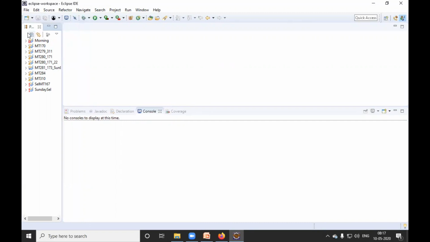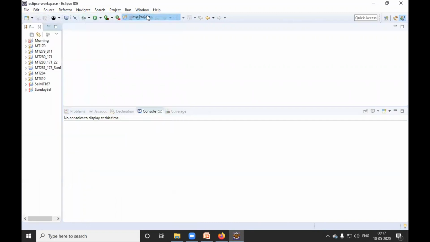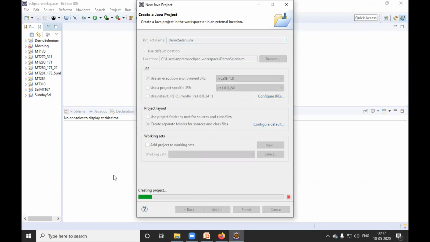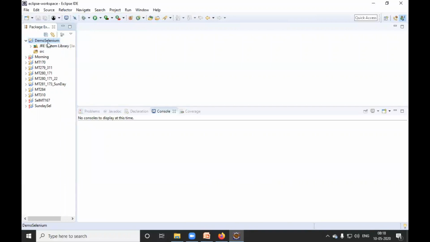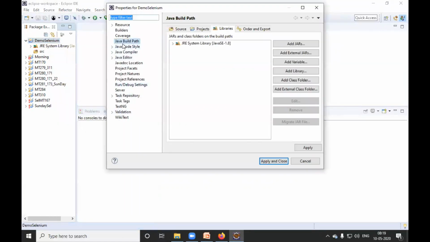Now I will click on New and Java project, name it demo Selenium, and click on Finish. We are going to configure demo Selenium for WebDriver. How to do it? Let's see. Right click on my project, go to Properties, Java Build Path, Add External JAR.